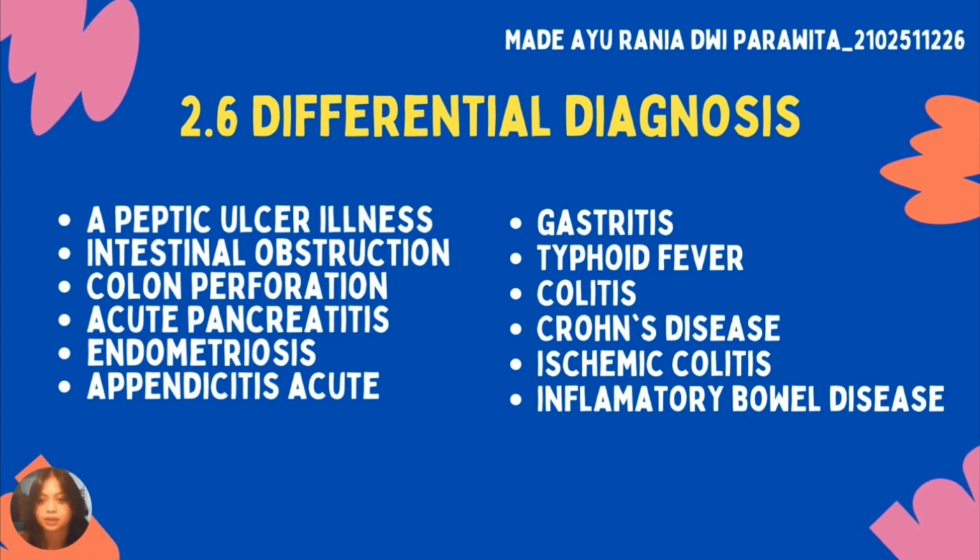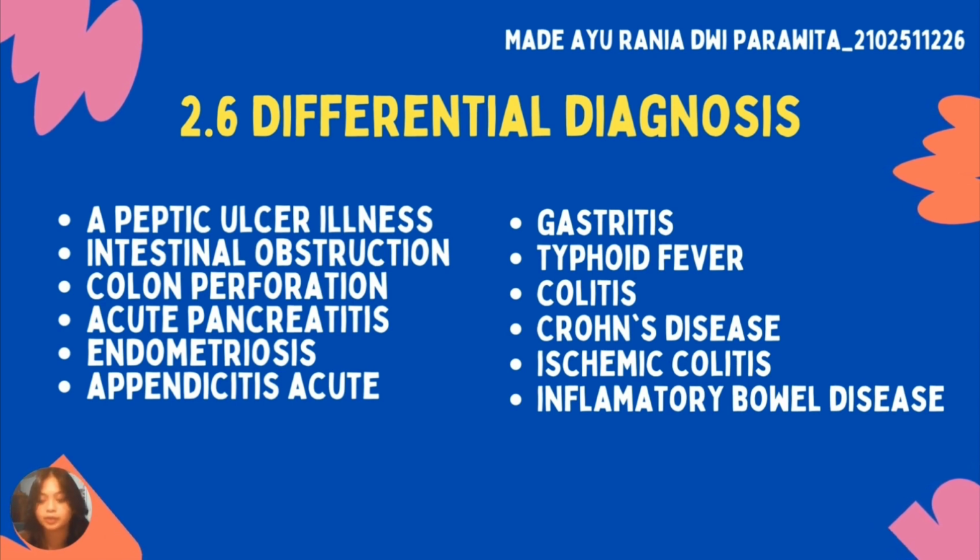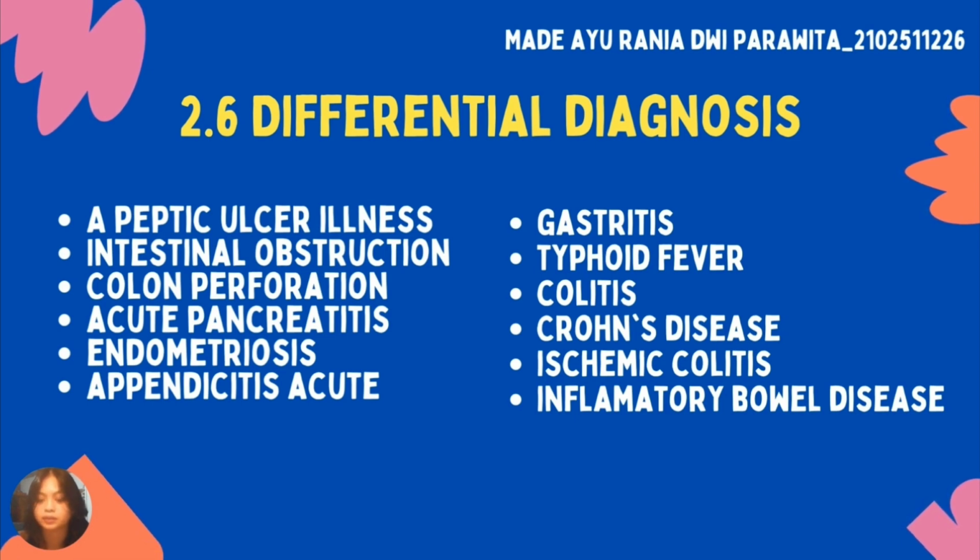Differential diagnosis of intestinal perforation can be narrowed so that intervention can concentrate around the intestinal regions where the perforation is most likely to occur. A peptic ulcer illness with acute onset which leads to severe epigastric or back pain is included in the differential diagnosis list for upper gastrointestinal perforation. Another differential diagnosis that can appear is intestinal obstruction, characterized by the sudden onset of periumbilical pain, nausea, vomiting, and